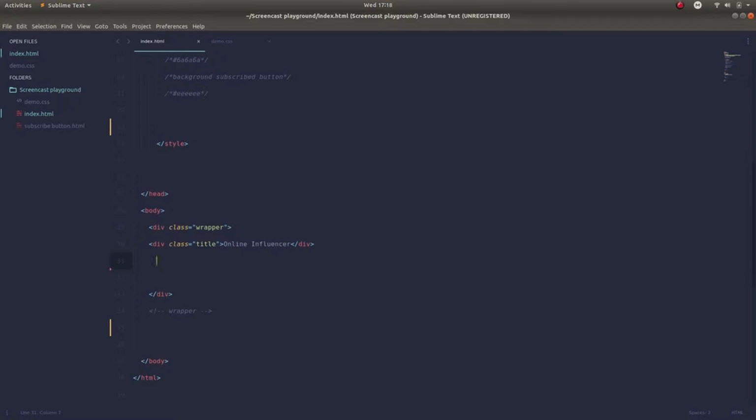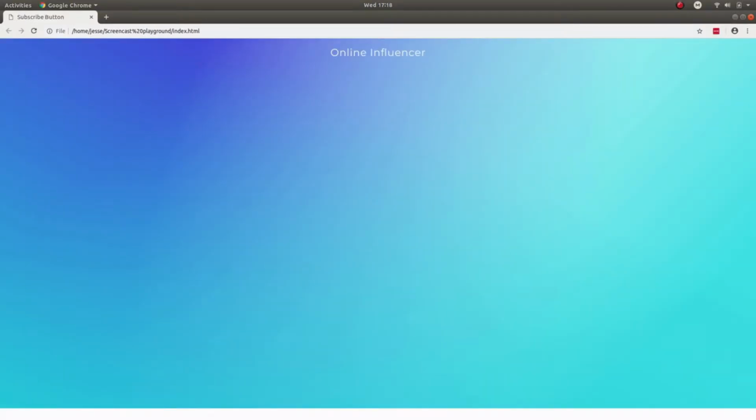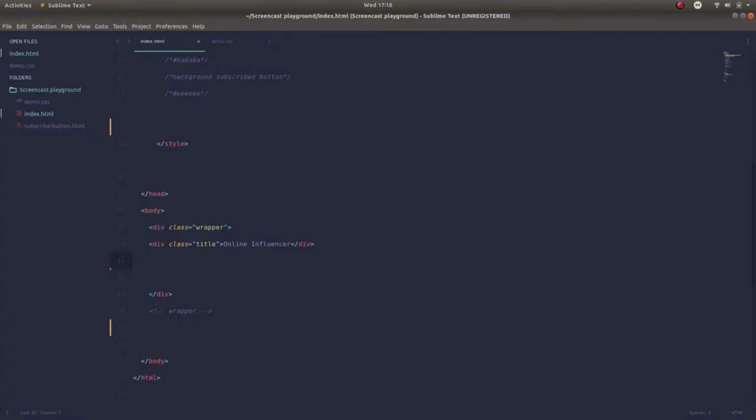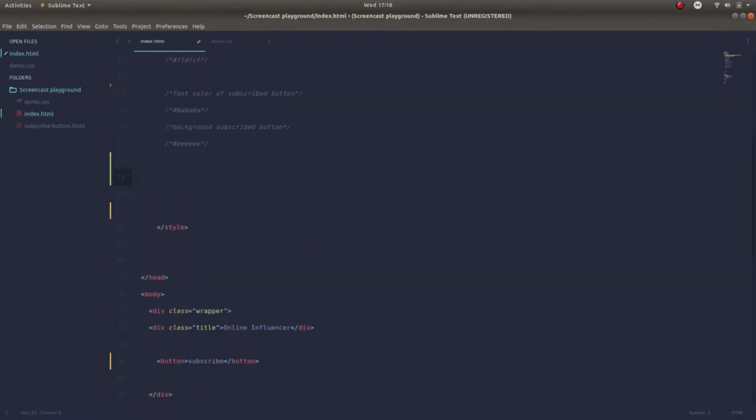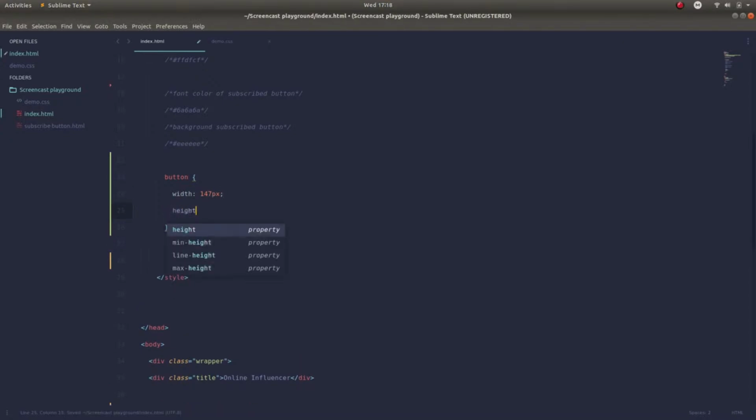Now, as you can see, it looks like this. Okay, now write a button, subscribe, and let's write style, button, width 147 pixels, height 37 pixels,